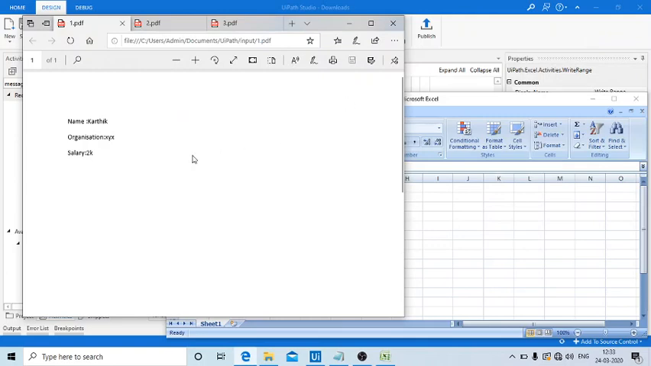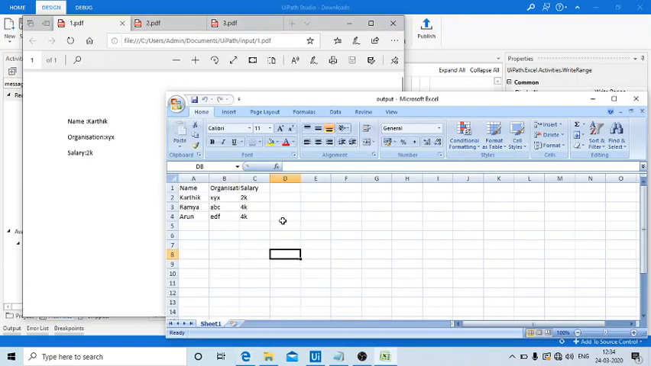So let's imagine a scenario where I'm getting data from another system, let's say customer information of a bank. Here, I am Karthik, a customer of ICICI Bank, and Ramya is a customer of ICICI Bank, and also Arun. So these three customers' data we are getting from a bank in this format: name, organization and salary. And our goal is to convert this data, which is in PDF format, to data like this: